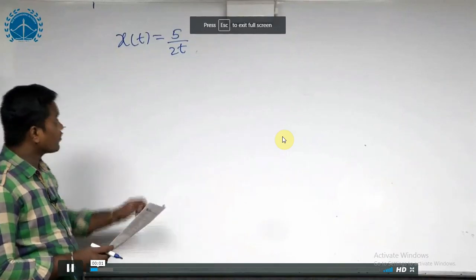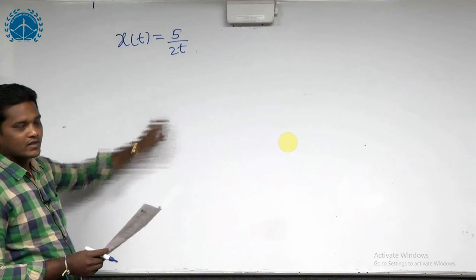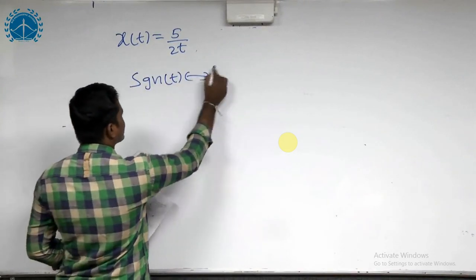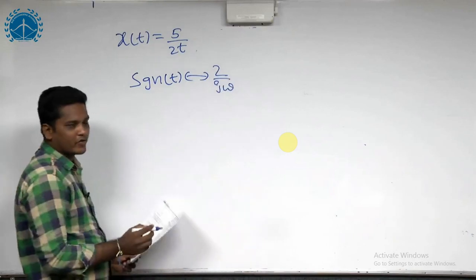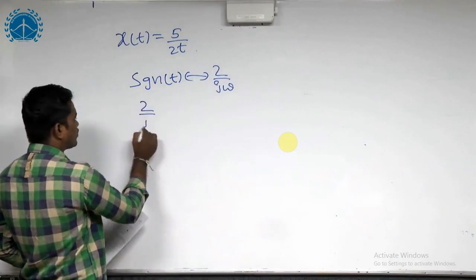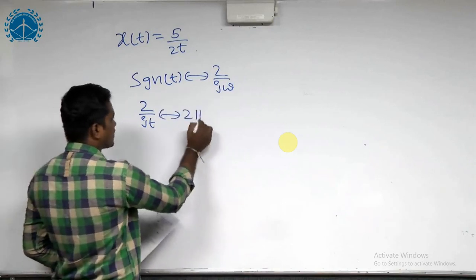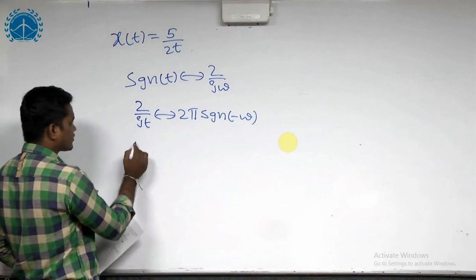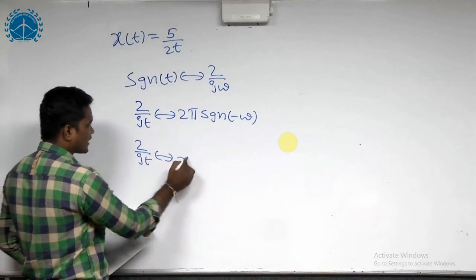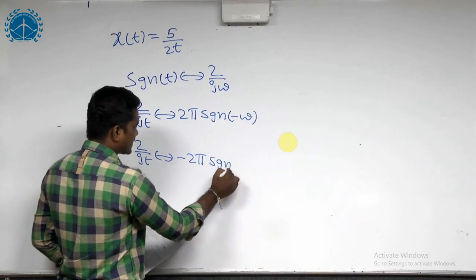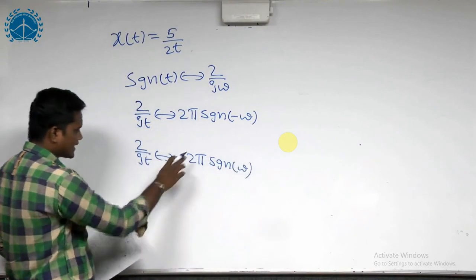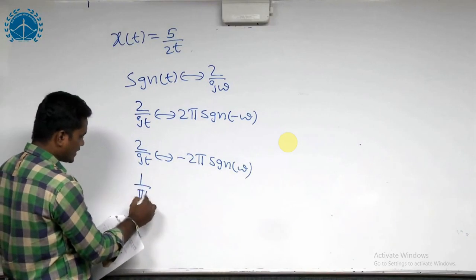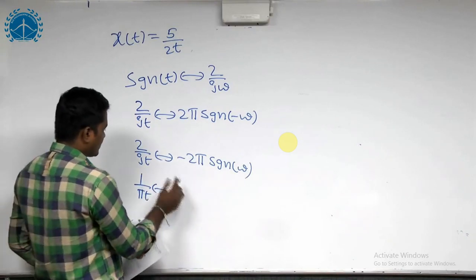The question is, what is the Fourier transform of x of t equals 5 by 2t? Okay, we know the standard Fourier transform pair. Signum of t Fourier transform is 2 by j omega. So apply the duality property to this pair. 2 by jt Fourier transform is 2 pi into signum of minus omega. We know that signum is an odd function. So 2 by jt Fourier transform is minus 2 pi signum of omega. So 2 gets cancelled and we get pi on this side. So j on that side. So 1 by pi t Fourier transform is minus j